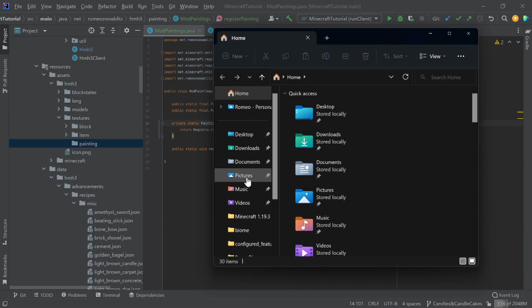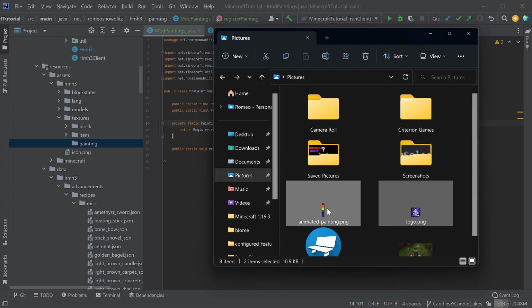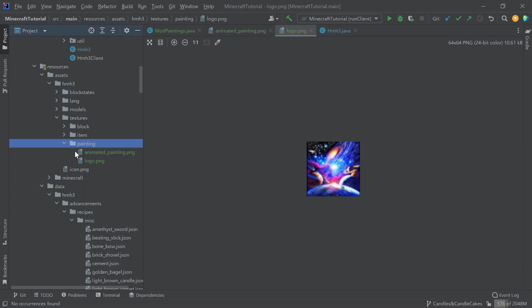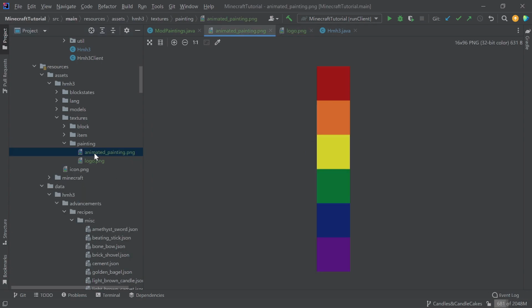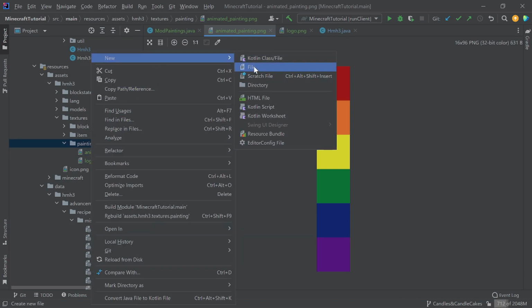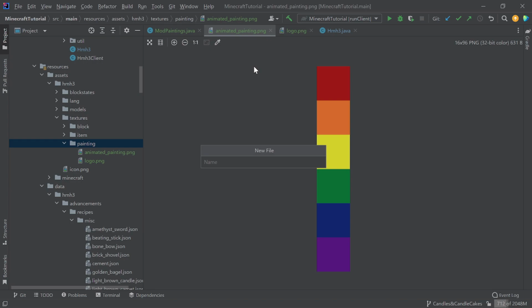Boom. So let's go in our pictures, and then we have our logo and painting in here. We're going to throw it in there. Although in here, it's going to say that this is a 16 by 96, so it's only registering this as if this was the size of the painting, and that's not true. We have to add a new file, and this is going to be called the name of the